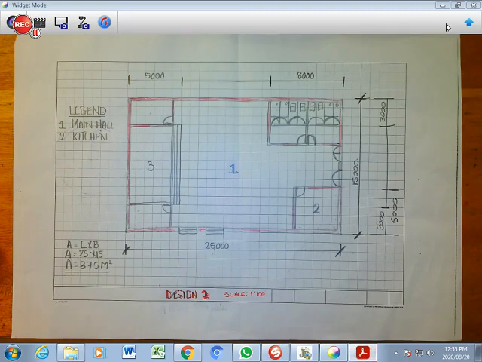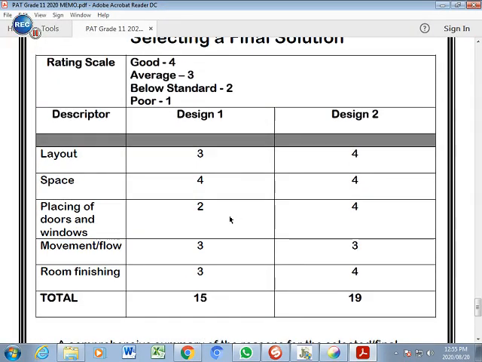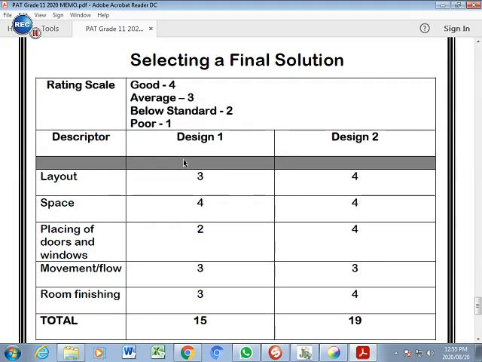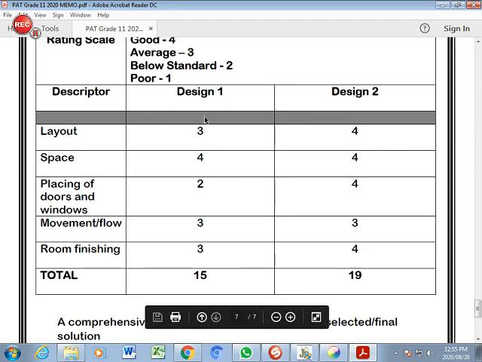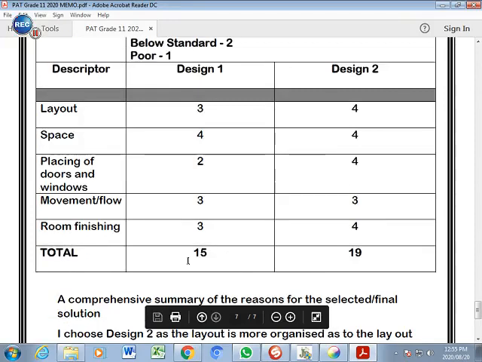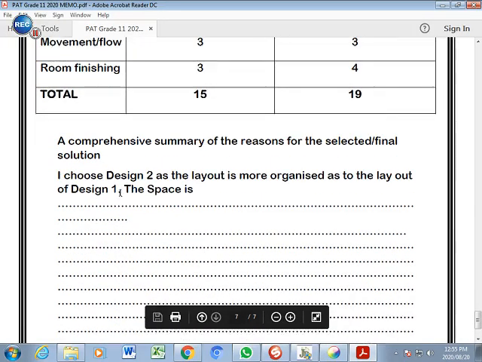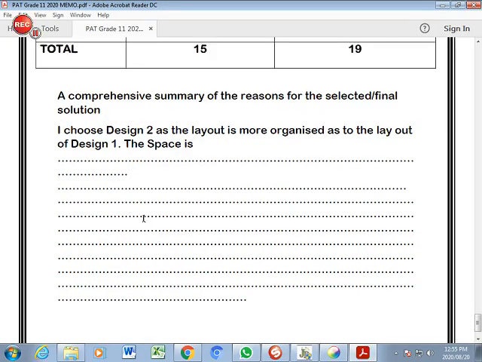I am going to go to my computerized portfolio part where I have the selection for my solution, and there you will see good, average, below standard and poor, and then these are your descriptors here. And then you just, very easy, go through each one and give each one a scoring, and you total it for me. And then please, once you're done with that, write a short summary, a few lines, and tell